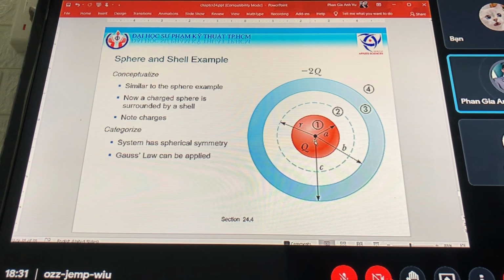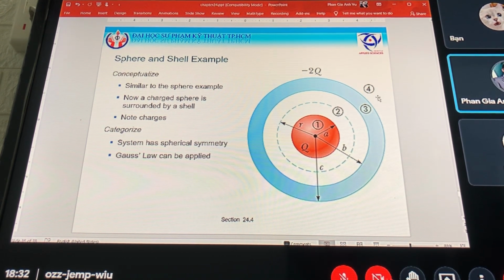So what is the electric flux at the position here, or here, or here, or also here? And you can see that when, for example, the shell is metal, then the electric field inside the shell is 0,